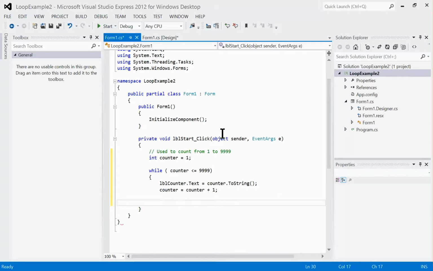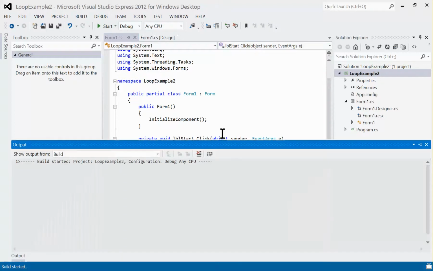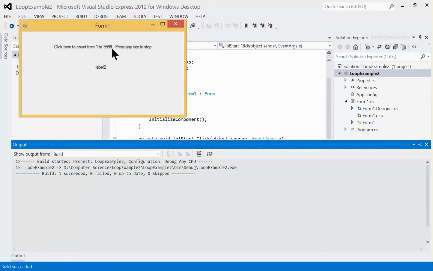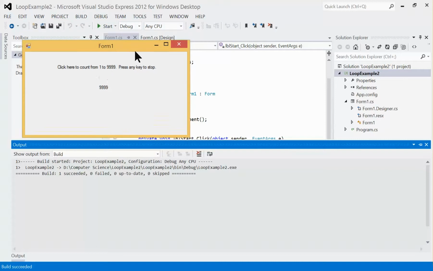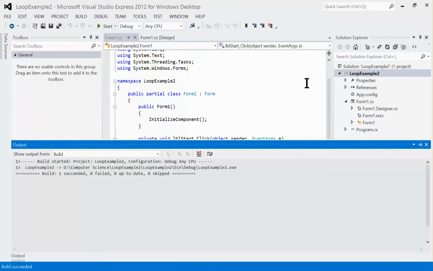You know what? Let me just run it like this and take a look. So here it is. Click here to count from 1 to 9,999. When I click here, I want you to take a look at this label too and see what happens. You'll see there it turns into label. And then it jumps to 9,999. So there you can see the freezing actually happen. So to prevent it from freezing, I'm going to